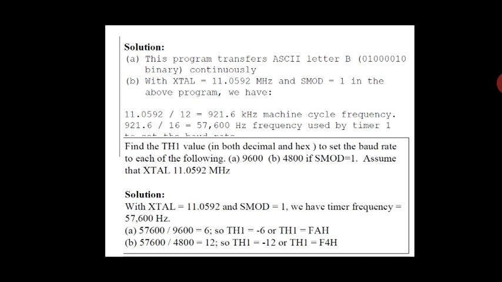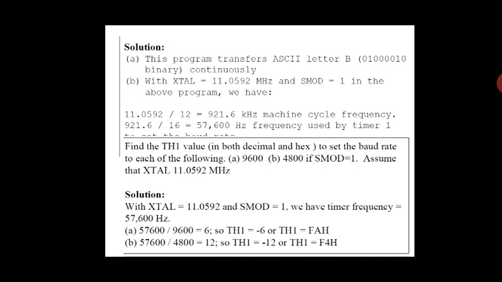Its 2's complement value will be FAH. I hope you wonder about this one. Why do we take minus here? You can take its 2's complement, FA. It is easy for us to remember. There is a minus 6. You should not take a plus. Now if it is for 4,800, 57,600 divided by 4,800, you will get 12.